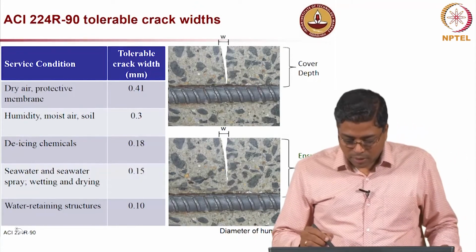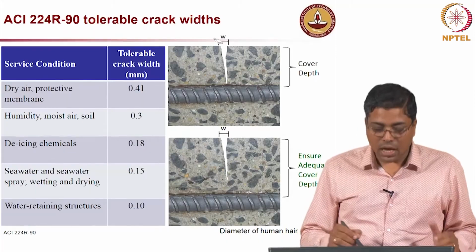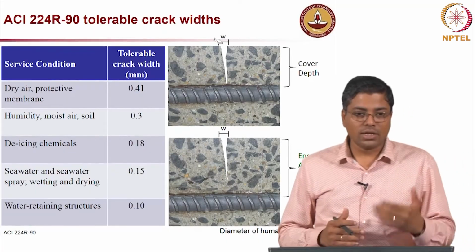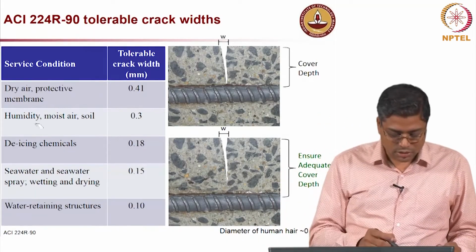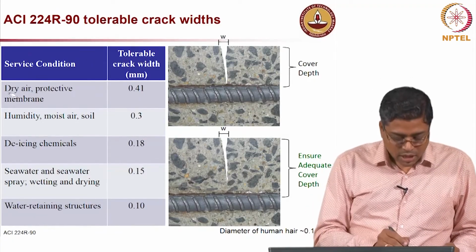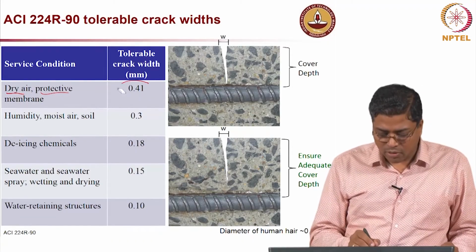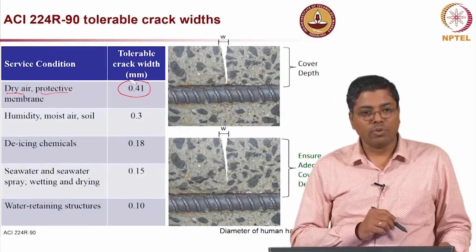Now, we talked about the crack, and then there is something called crack width, which is how this problem is addressed in the structural design. As you see here, on the first column you can see different service conditions. If it is dry air or a protective membrane is provided, they allow a crack width up to about 0.4,